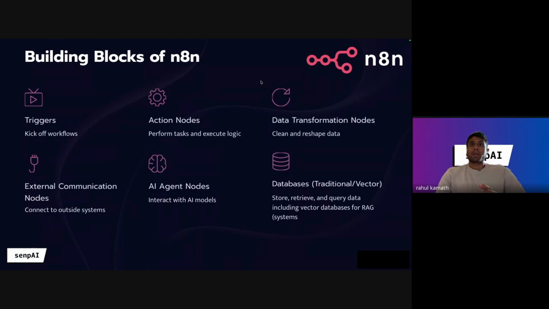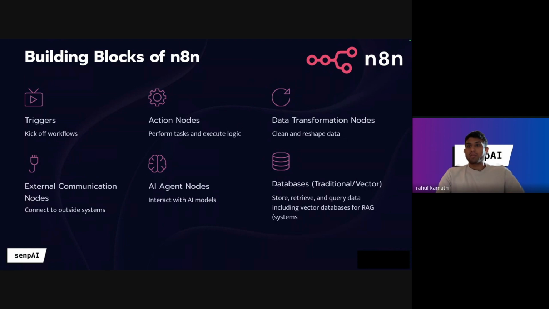N8N has enough capabilities for you to easily connect to various APIs and fetch certain information. You'll have an API key, an API header and body, and you can use them to call an external API and fetch information. So this is to communicate with the external environment.